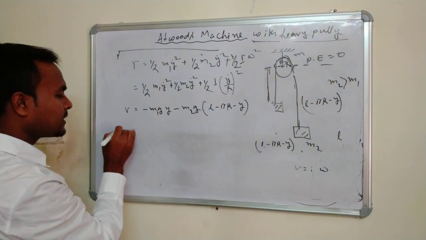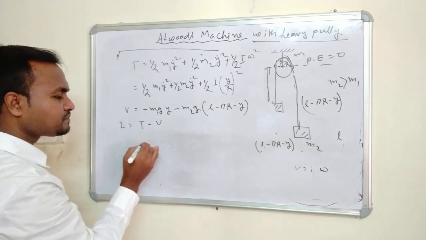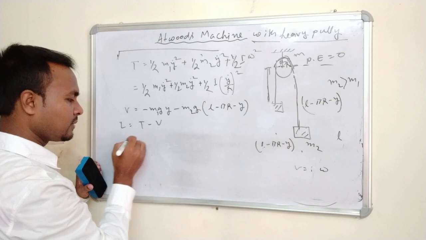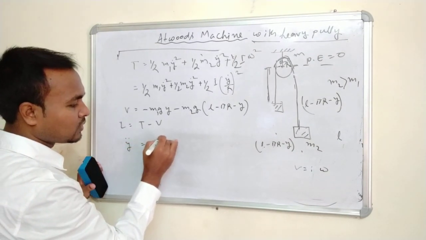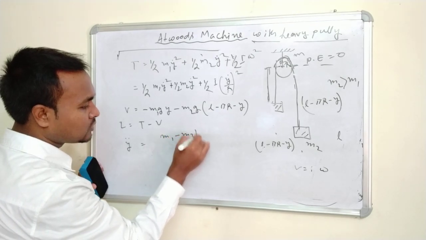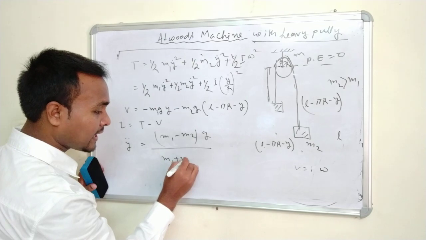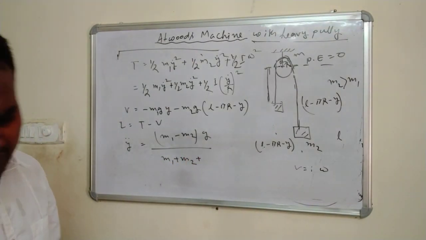Again if you solve it, Lagrangian L equal to T minus V, you will get the same expression. So you solve it, and you will get y double dot equal to (m1 minus m2) g divided by (m1 plus m2 plus